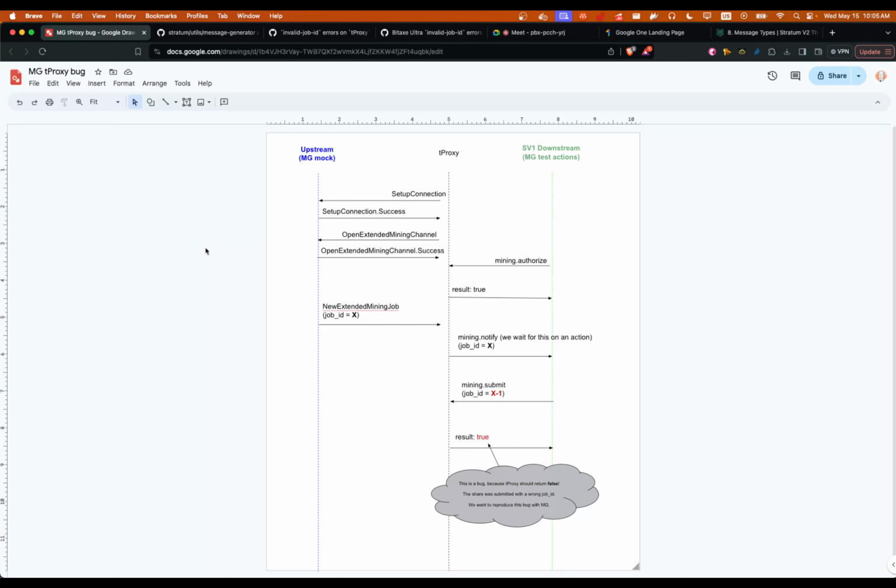This action will clearly pass, being trivially successful. But then you have to send a mining submit. The last action will be a mining submit, and in this action you wait